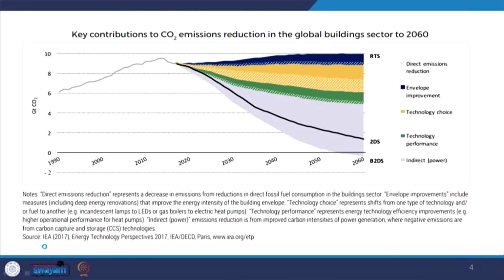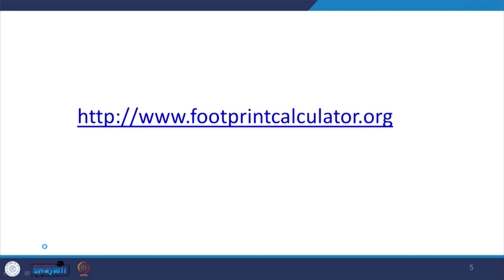The same is seen here, but depending upon our strategy, what kind of way forward we adopt, we can limit these carbon dioxide emissions, the carbon footprint, to bring it down or to retain it at the same level, depending upon what different alternative courses we take. If we look at this footprint calculator,